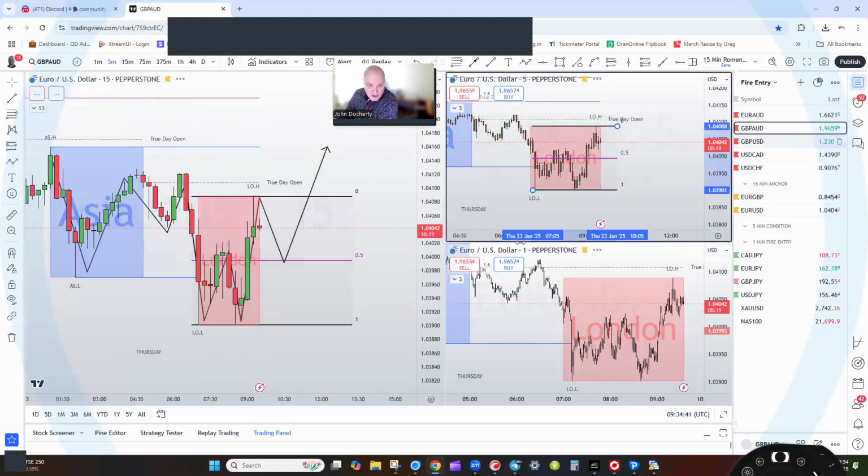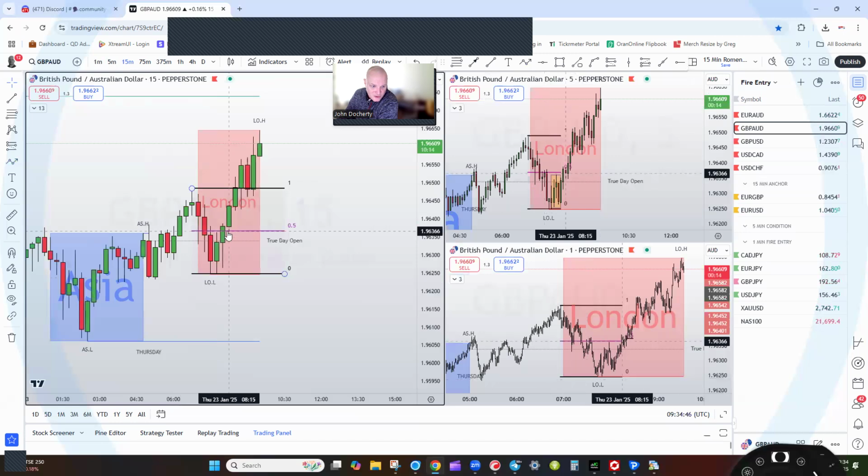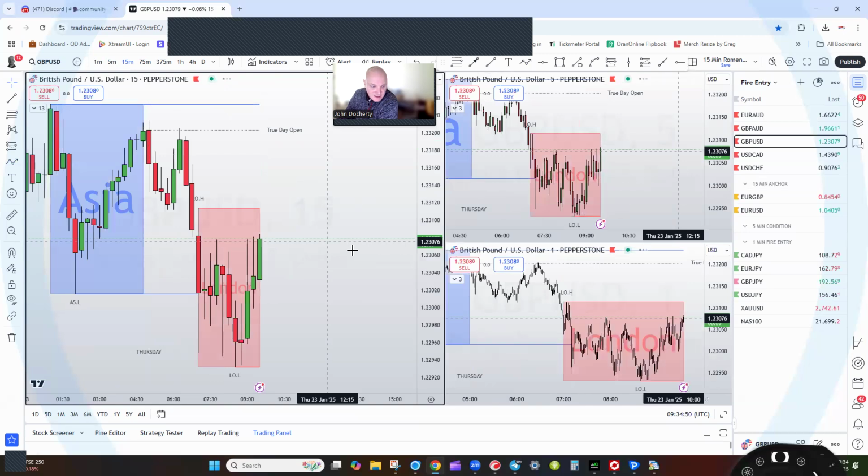I'll change that to orange. GBP/USD odds. This one I didn't like because we come straight into 50% on the anchor. So we were ignoring that. The GU,